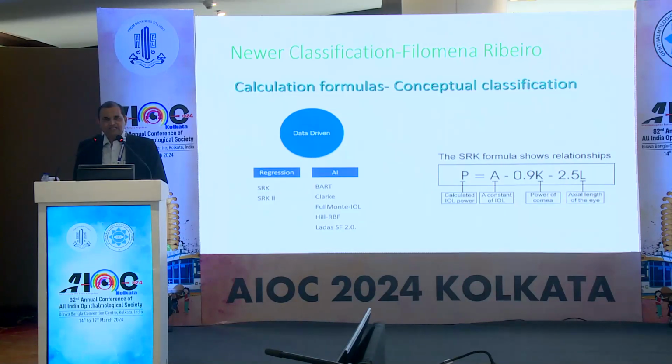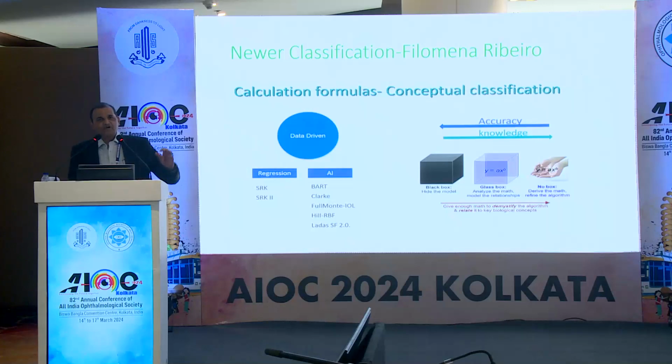Now the problem with this AI is that it is only a database. AI does not know about the biology of the eye. AI does not know how these optics work in a regular manner. Suppose your pupil is a dynamic phenomenon; that is not considered by the AI. So all these factors are not considered by the AI. So we cannot go solely on the AI, because otherwise AI will give us erroneous results. So we have to control the AI.